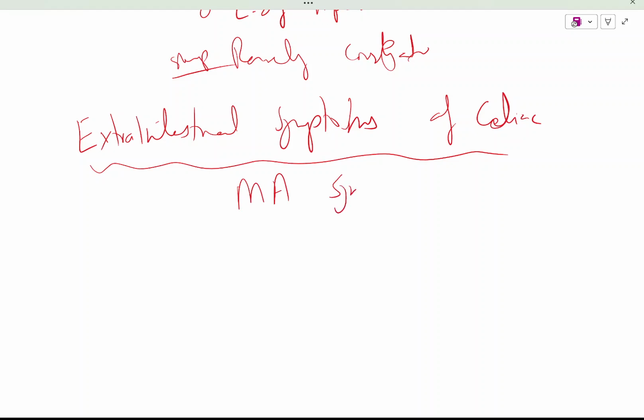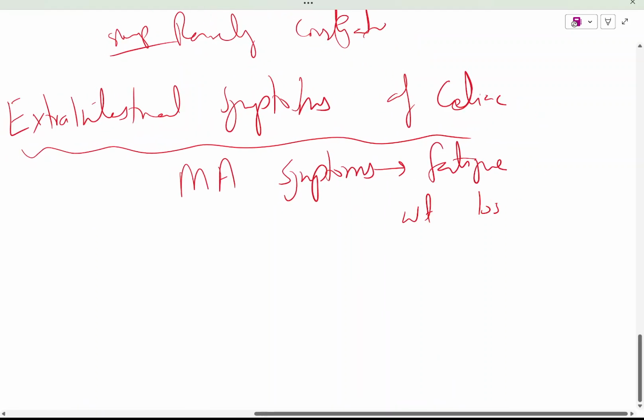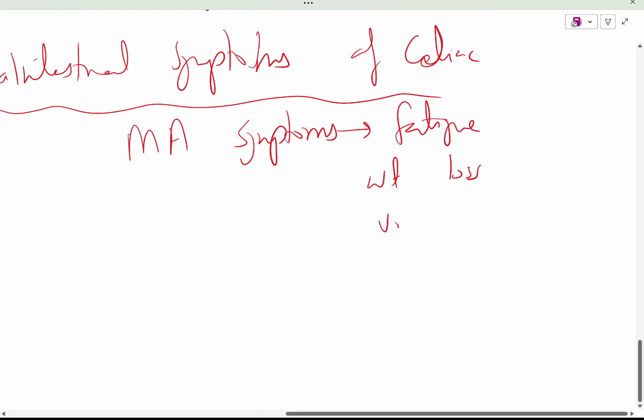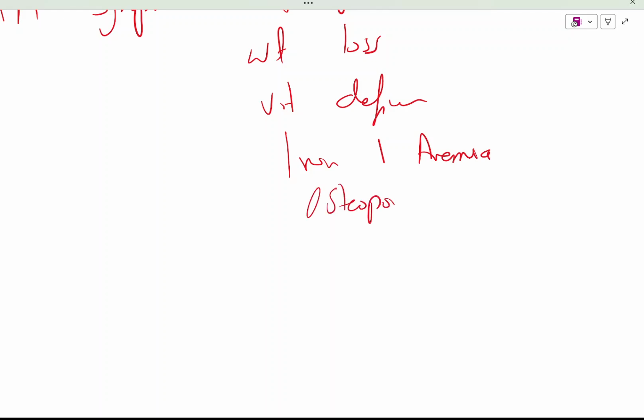The patient will have weight loss due to diarrhea, vitamin deficiency, iron deficiency, anemia, osteoporosis, hypocalcemia directly causing osteoporosis,